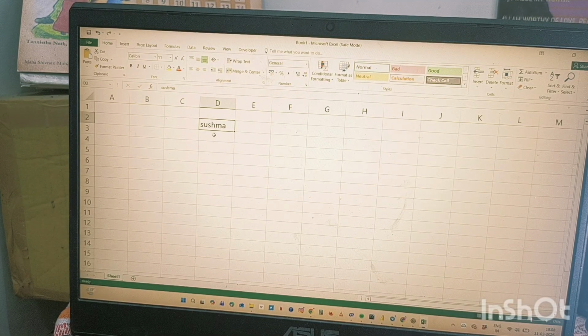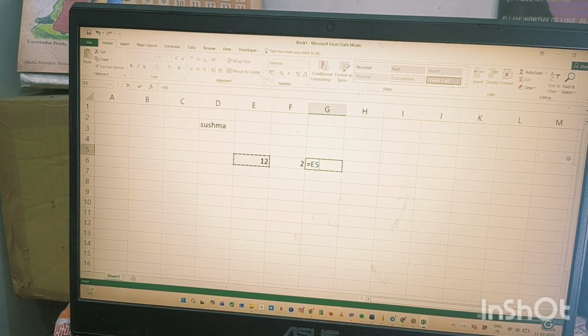So what is the error? The first one is hashtag DIV. Here is a number 12, and this one is 2. After dividing, 12 divided by 2, what will we get? Answer 6.